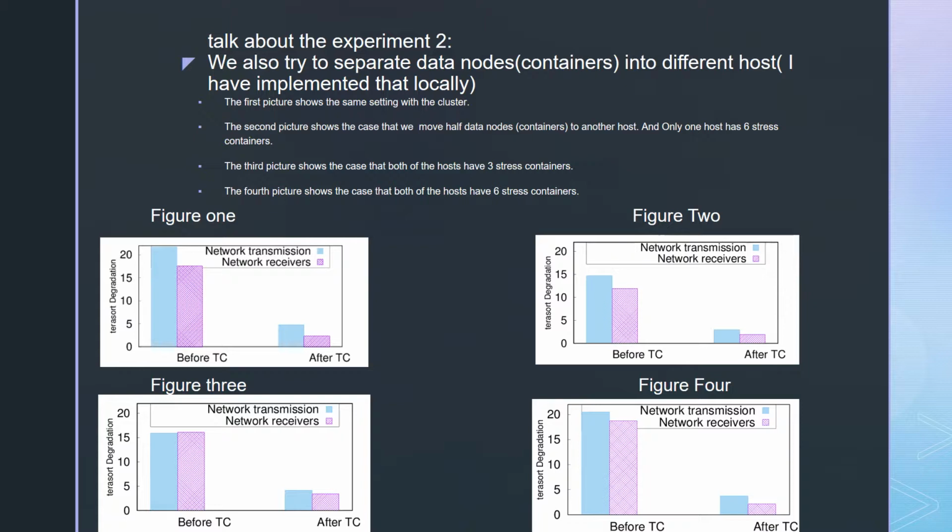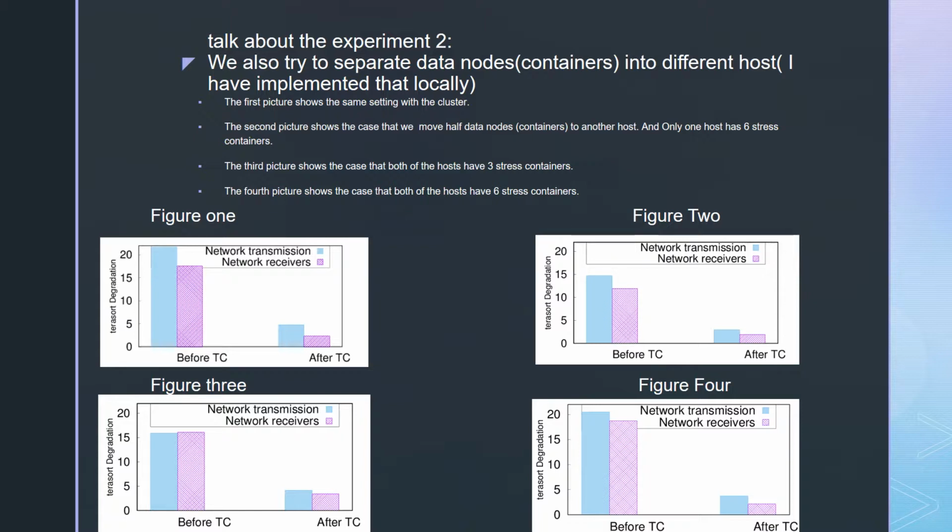And what is the reason? The reason, based on my own understanding, is that when some of the stress tests are very intensive, the Docker containers in the same host will be super slow. And when Hadoop detects the super slow loads, it will assign some work to the lighter, less slow ones, which will make the whole Hadoop run much faster. This is the reason.